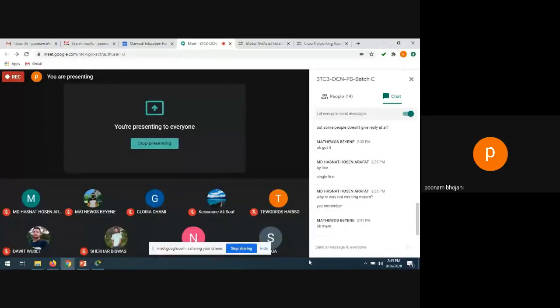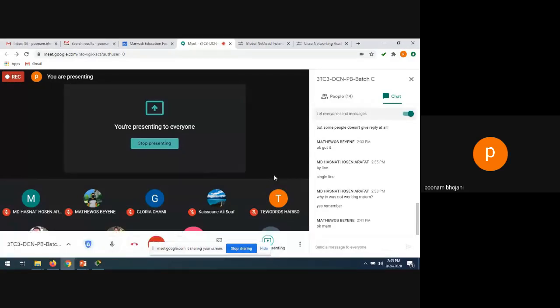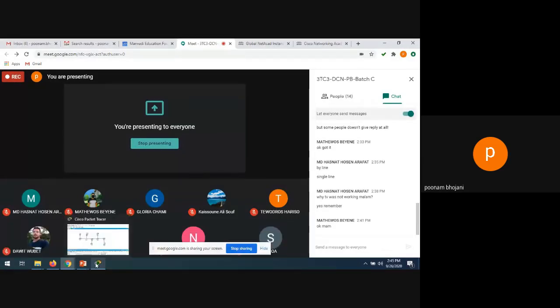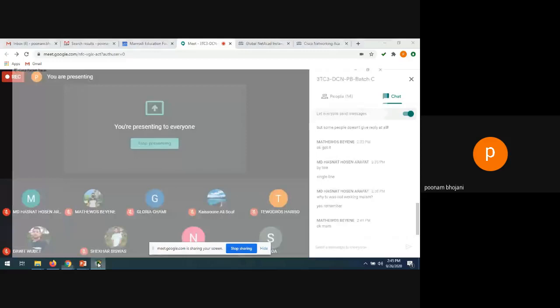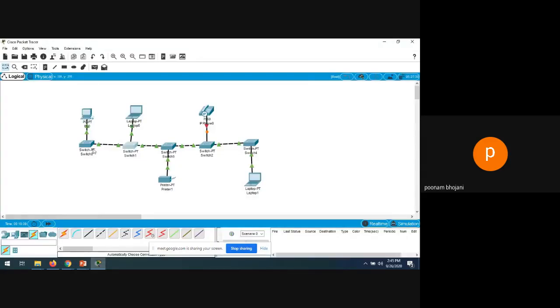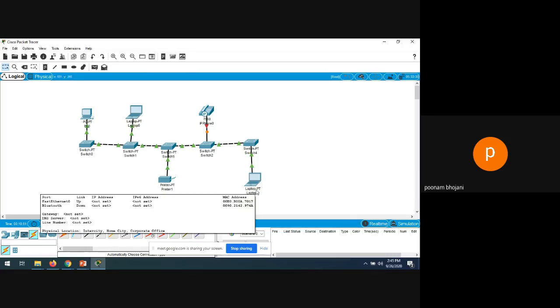Okay, so can we resume now, everyone? I have just put the switches in such a way that you can realize that it is a bus, right? This is a bus in which all the switches are tapped, and I have connected 5 different devices. So I have to assign IP addresses for all of these.